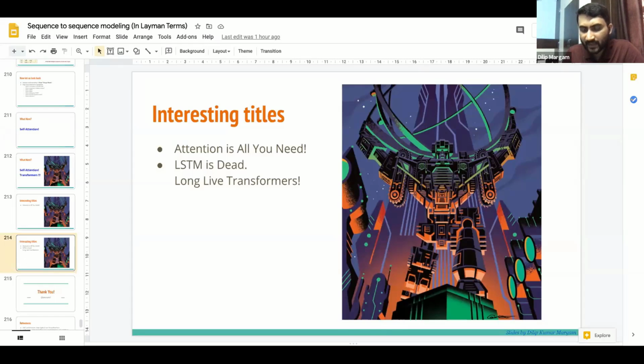In mathematics, probability and linear algebra are the two things. Probability, which comes under statistics, and linear algebra are the two languages that machine learning speaks in. Everything in machine learning is spoken in terms of linear algebra or probability. If you are interested in understanding the mathematical details, these are the two things you should look at.